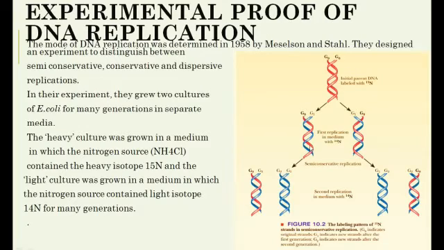Then what happens, you see, one is the heavy culture medium, heavy strand. And the other one, the blue color, is the light chain. So one heavy and one light has been formed. So in the next generation, one light and one heavy, and two light, along with two light and one light and one heavy DNA has been produced.